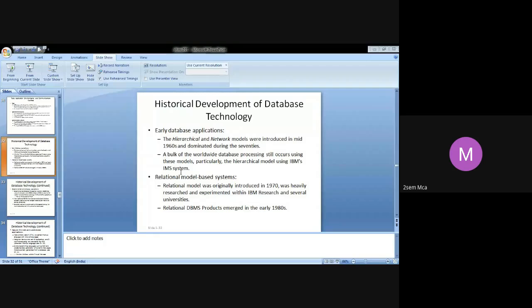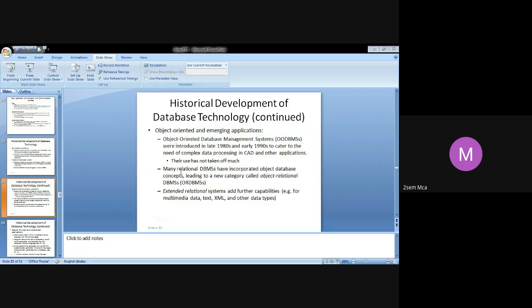The same applications which were done in the earlier database systems, relational systems also tried to develop, but they provided a lot of flexibility so that new queries could be developed quickly, and we could reorganize the database as the requirements changed. All this we could do in the case of relational databases. But in the earlier systems, it was not easy to reorganize the database.